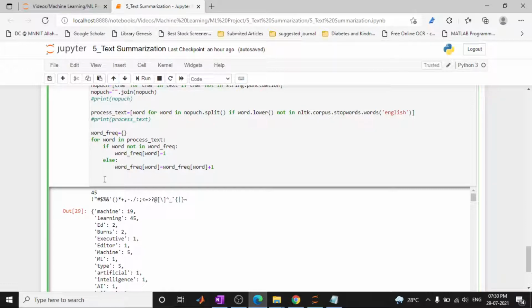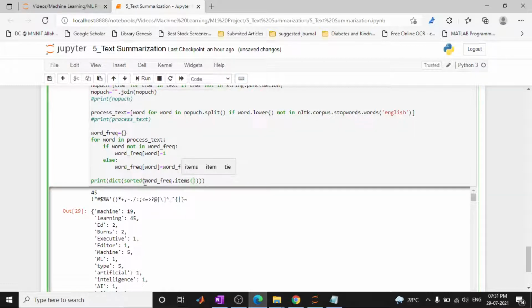So how to sort the dictionary? We want to use the sorted function, and on that sorted function we have to pass the dictionary name. Our dictionary name is word frequency, and then we want to sort its